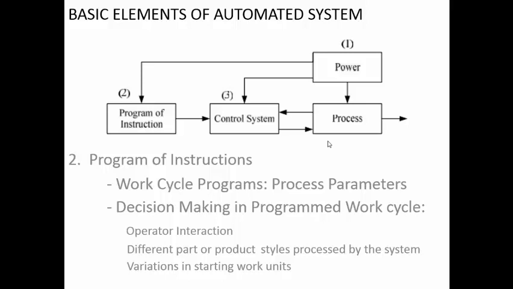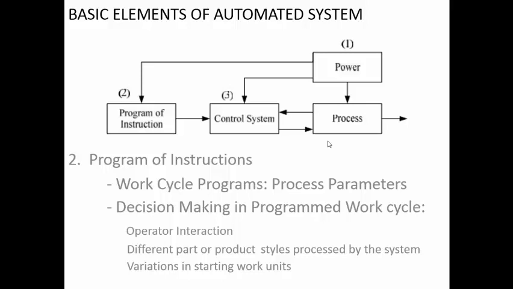So whatever programs we give, everything cannot happen based on one program. There may be variations that can happen. Sometimes the operator input is needed. So while doing the program, if some decisions have to be taken, where possible, most of the things will be done based on the sensors and other things, but at some times you require the operator feedback, or you require some kind of additional information using which you can decide what exactly to do automatically.